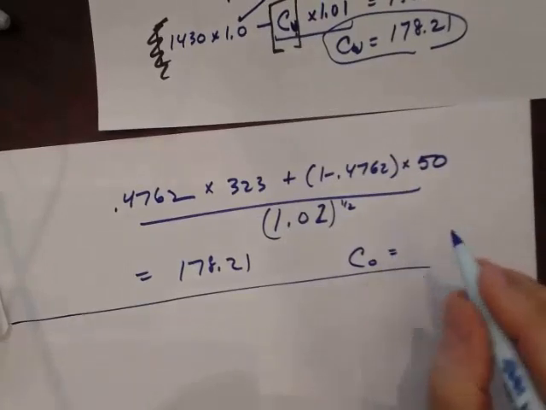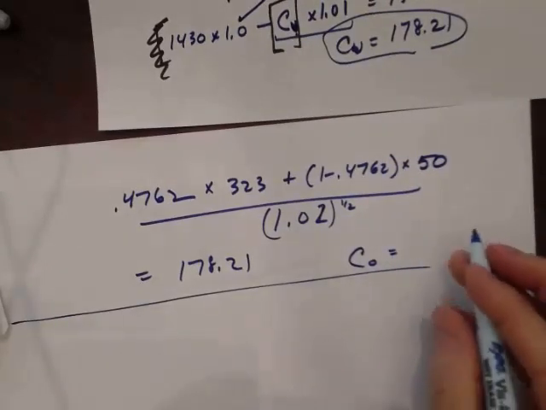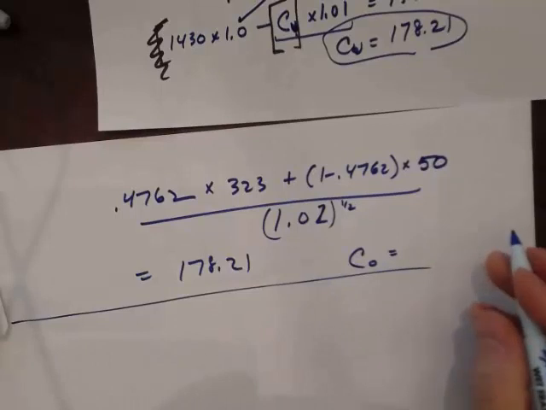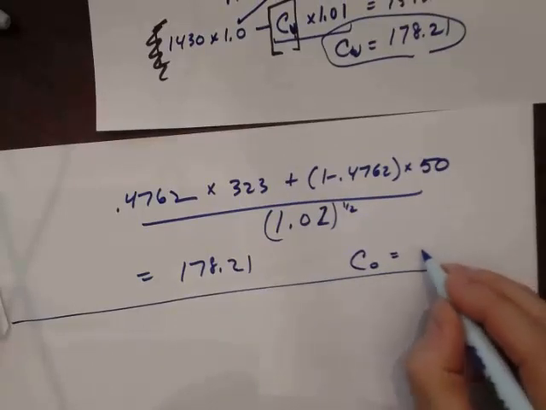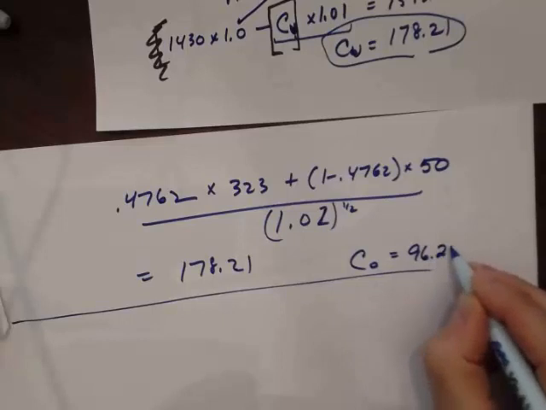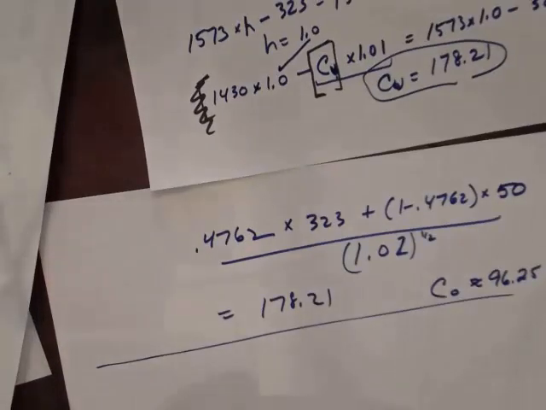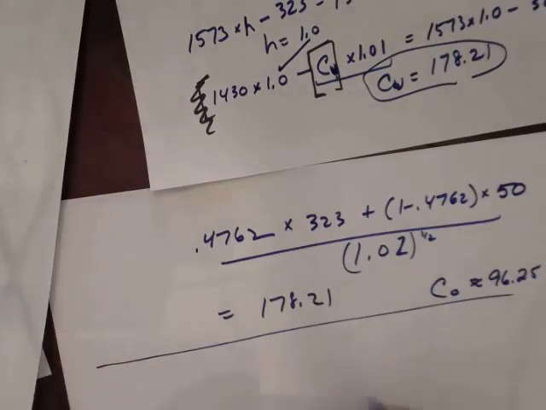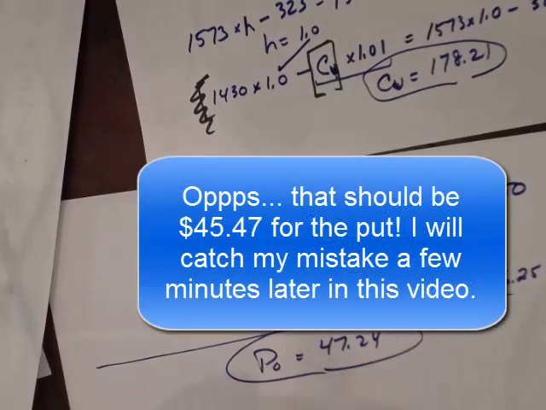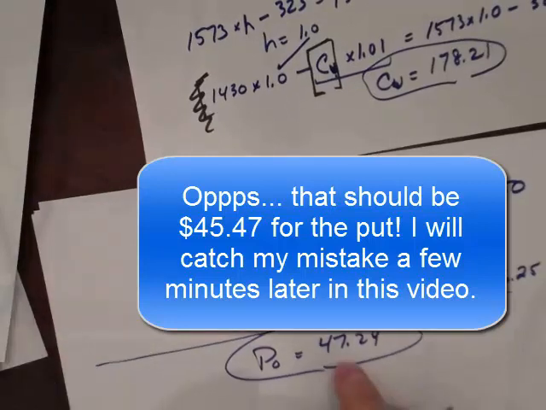It is going to be, let's see, 96.25 approximately. And I say approximately because there's rounding. So when you calculate all this, it's 96.25. And for the put, you would come up with a put today of 47.24 if you did the put. So follow the procedures that we did earlier, and you should be able to come up with that